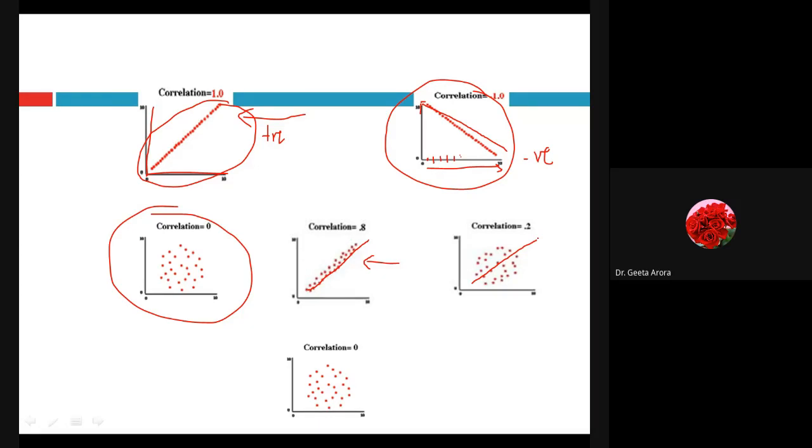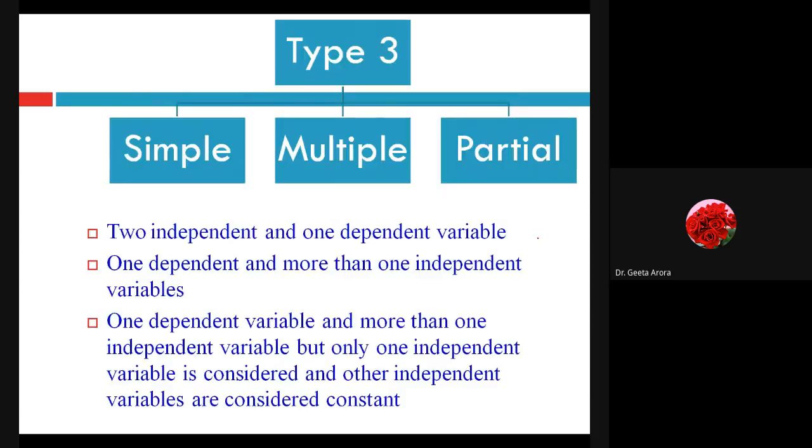Correct. So this is how we can find out the different scatter diagrams based upon the correlation, or we can say, depending upon the correlation, we can see which type of diagram is existing. And from the scatter diagram also you can have a hint that there is some type of correlation, no correlation, positive or negative. So we are going to study it also. Let's see the type 3.